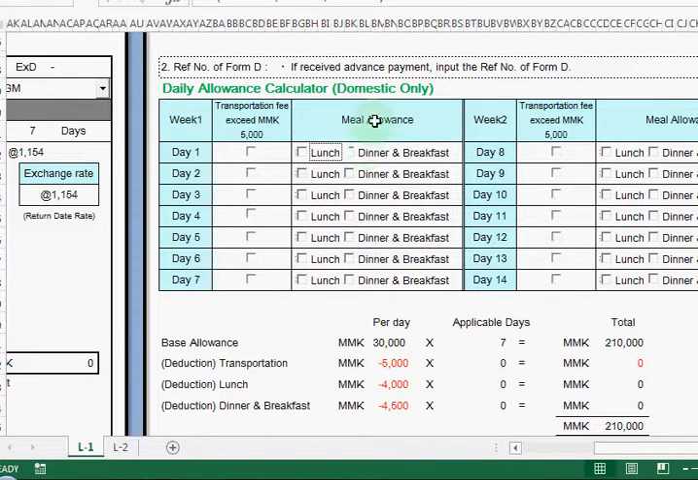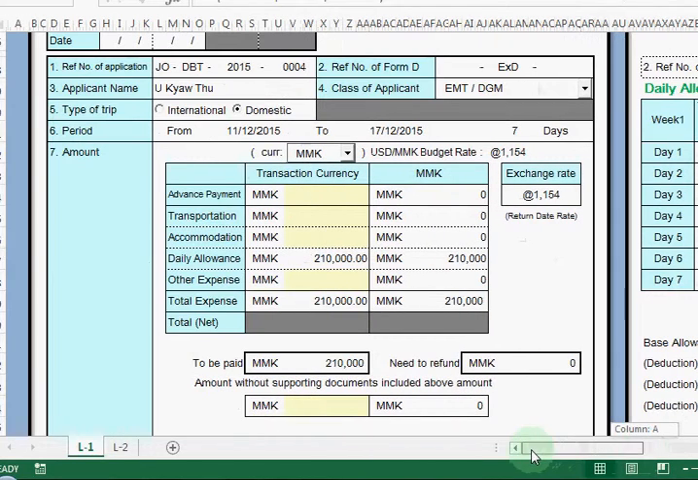Okay, let's say here the meal allowance is already provided by the company, so we click in here, lunch and dinner. Then the system will automatically calculate here and deduct the full 1,000 MMK from their daily allowance. Okay, here in this case there is no lunch and there is no dinner. Then after that we need to go to page 1,